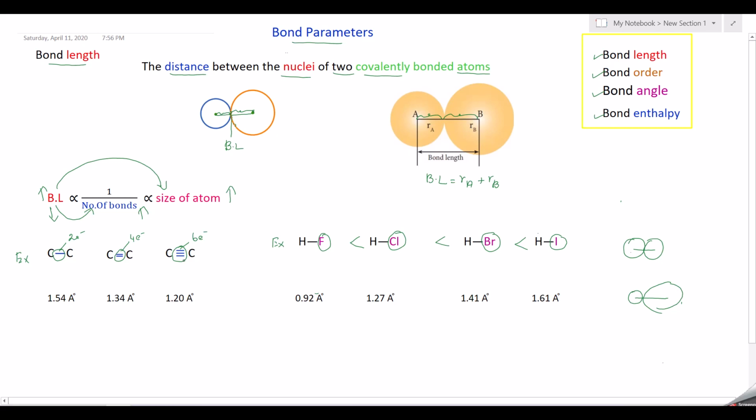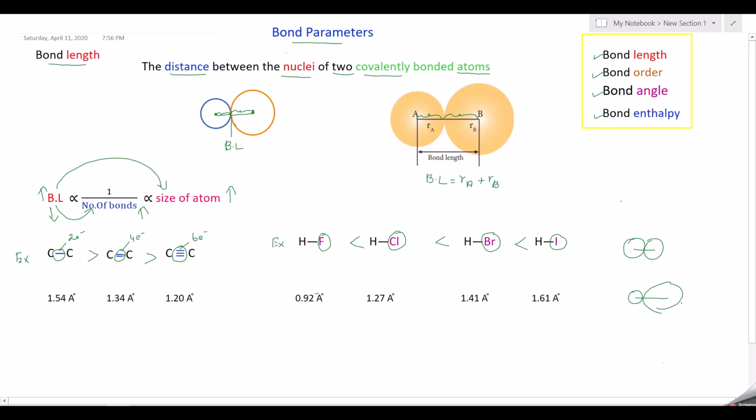Here we have 6 electrons, so it will attract the nuclei of these two carbon atoms very strongly. Therefore, the distance between the nuclei of these two carbon atoms will be short. So, here we can say the carbon-carbon single bond length is greater than carbon-carbon double bond length, which is greater than carbon-carbon triple bond, because here we have only 2 electrons, here we have 4 electrons, and here we have 6 electrons. Its attraction will be stronger